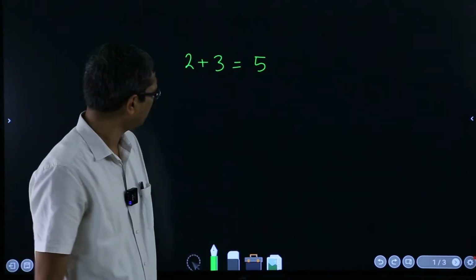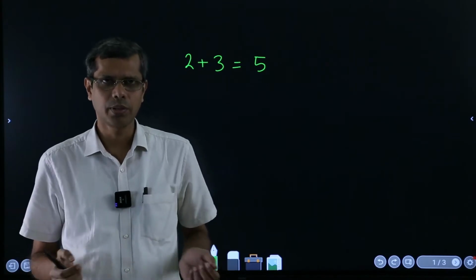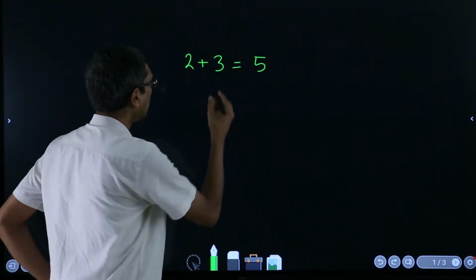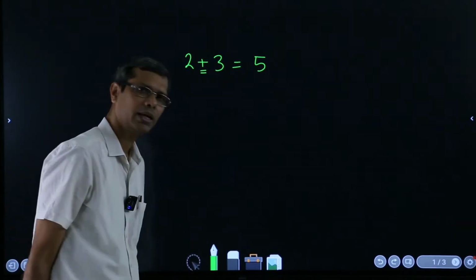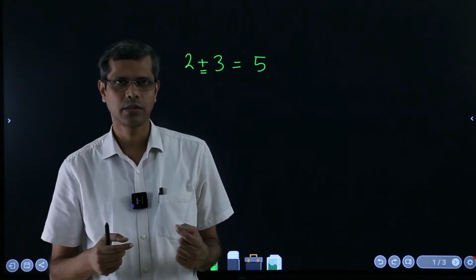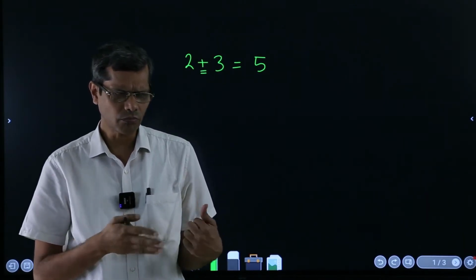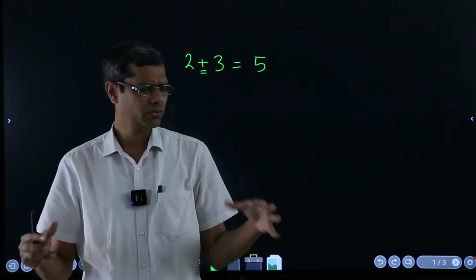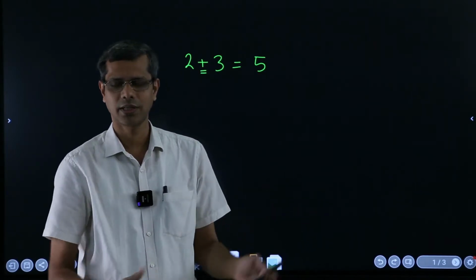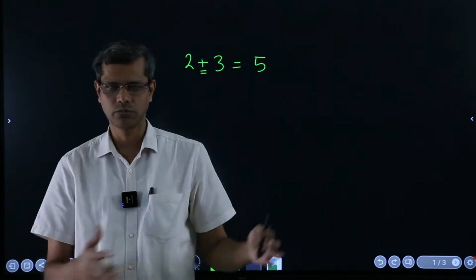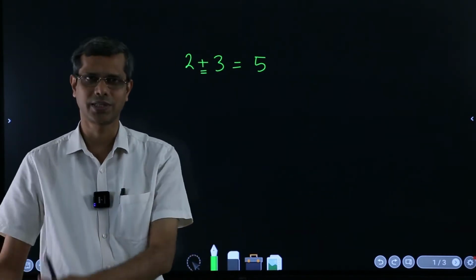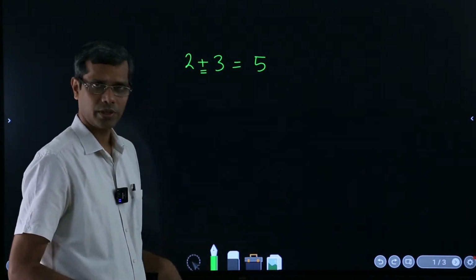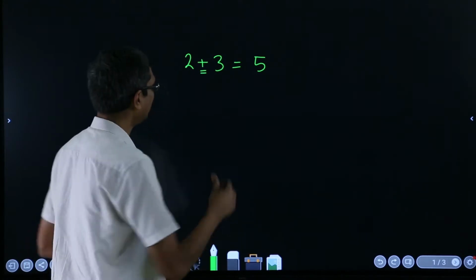But if you break it up, basically what you have acquired is a skill of using this symbol. That means you have added, in fact, counting three whole objects to another three whole objects, and so you are now seeing that 5 objects are there. So that skill which you have acquired, and maybe we will assume that you know how to